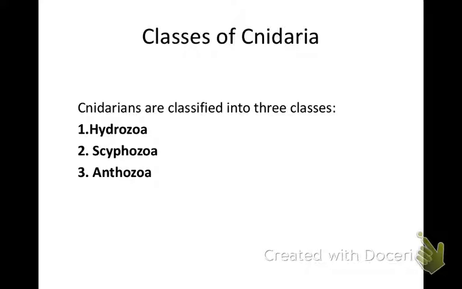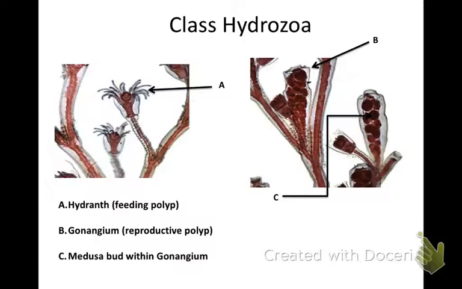So going on to the Cnidaria. The Cnidarians are radially symmetric organisms that are divided into three classes. We have the Hydrozoa, the Scyphozoa, and the Anthozoa. So the Hydrozoa, such as this Obelia,